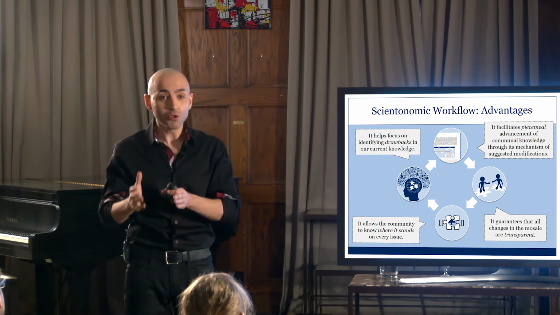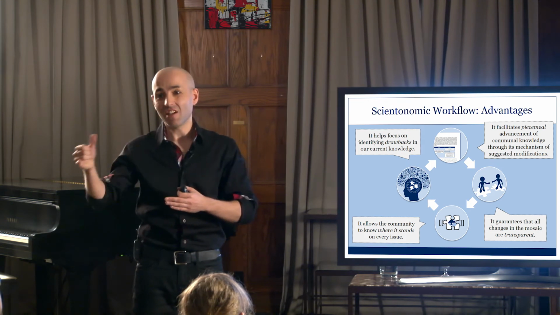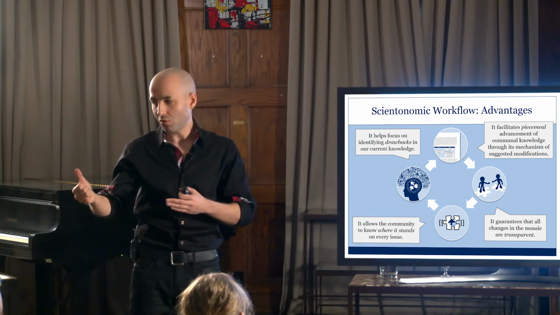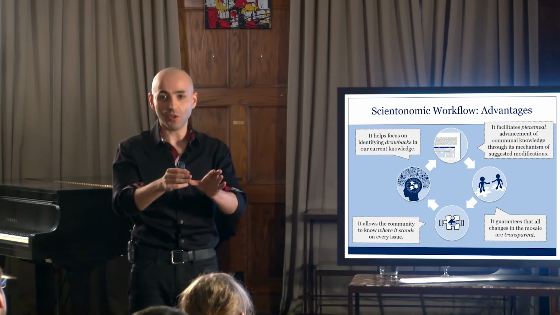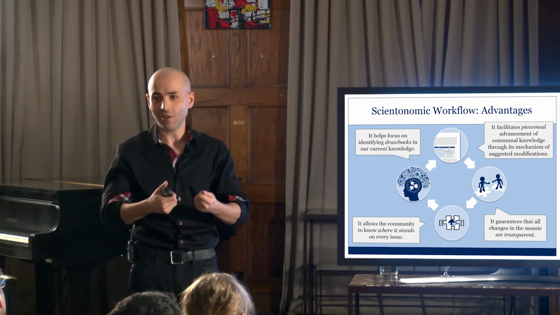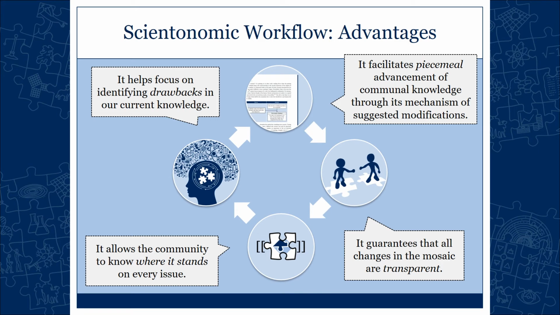Our articles are also peer-reviewed, but unlike the traditional publishing model, our articles are not peer-reviewed with the goal of knowing whether the suggested modifications are acceptable. It's not the task of a peer reviewer to express their opinion on that subject. The task of a peer reviewer is to tell us whether it's quality research, whether the author has a right to be heard. And then the community gets to decide whether the modification is acceptable or not in an open, transparent fashion. So years later, you can go back to that discussion page and see who exactly contributed and why